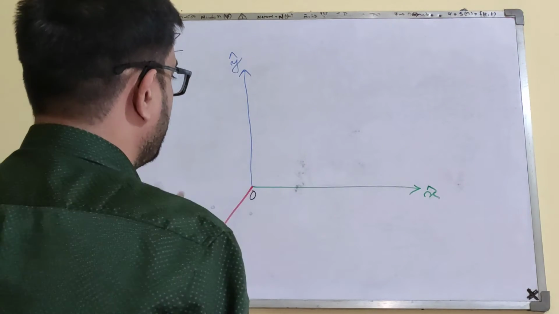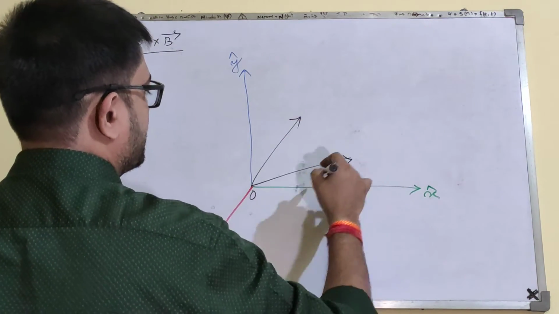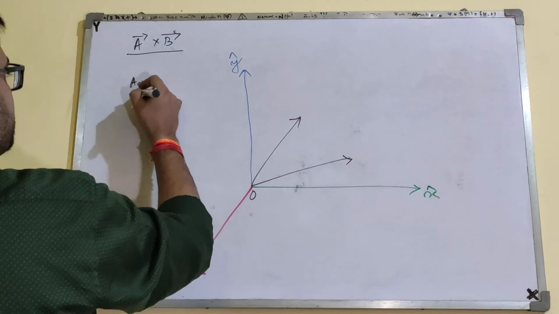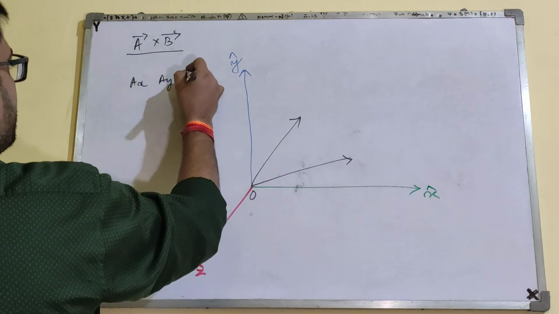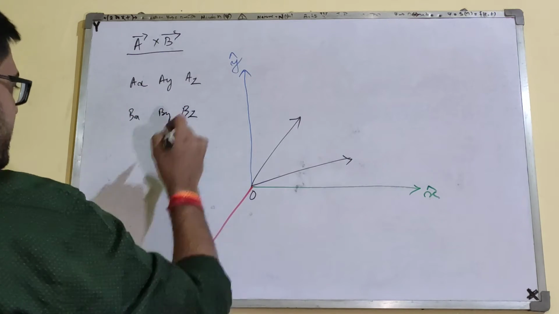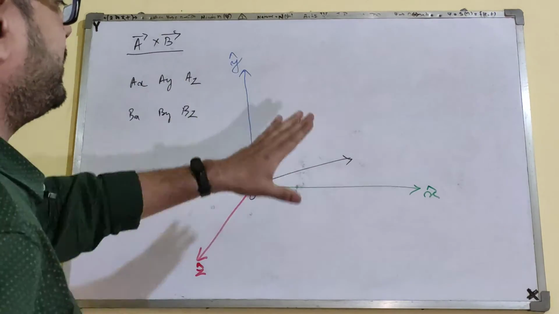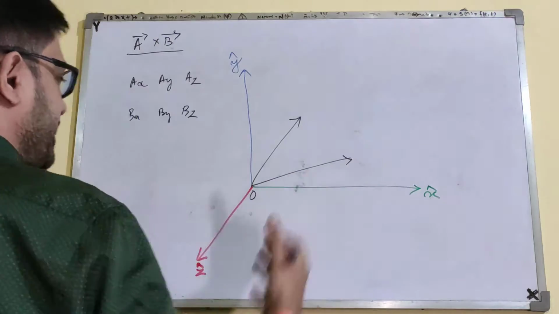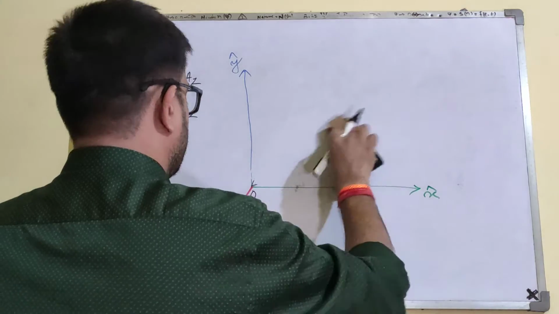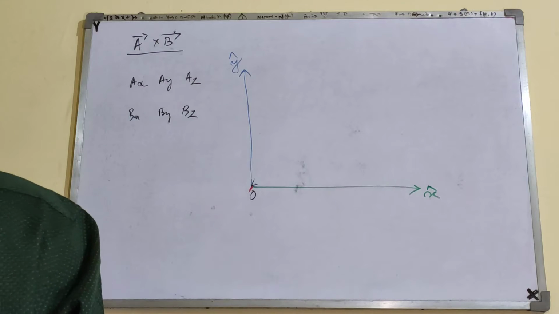Now both of the vectors A and B, let's just say this is the origin, and these two vectors are like this. Let's say that there are two vectors which have some components. Vector A has a component a_x in the x-axis, a_y in the y-axis, and a_z in the z-axis, and then b_x, b_y, and b_z. However, to make it very easy to understand, let's focus on the xy plane, and how the crossing happens in terms of the components. Let's say that the z axis is basically upward from here.